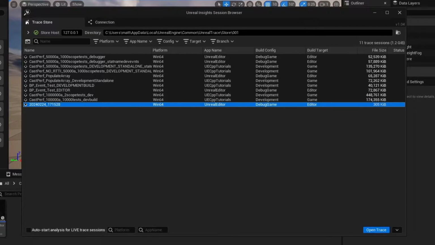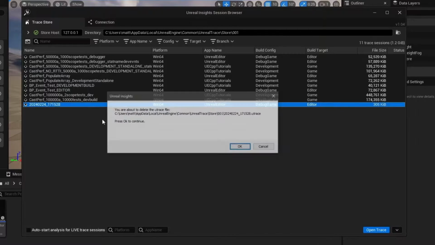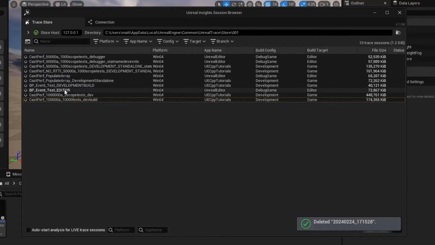Now, if this is open and you launch the editor or launch a standalone game, it automatically starts capturing live, is what it says. It'll just capture whatever you run. So this is an easy way to capture the startup of a game or something. Anyways, we have an old capture there. And I did this previously, which is captured here. We'll review that, but I just want to go through the steps of showing how to get a capture like